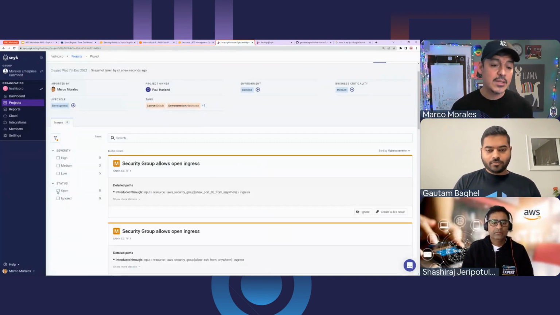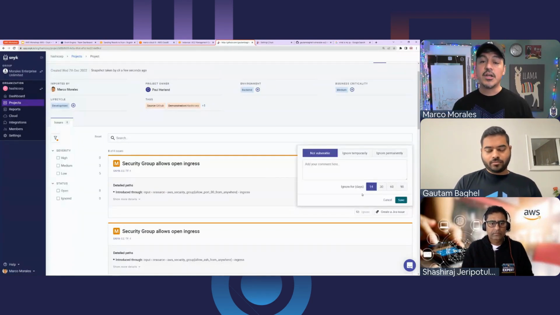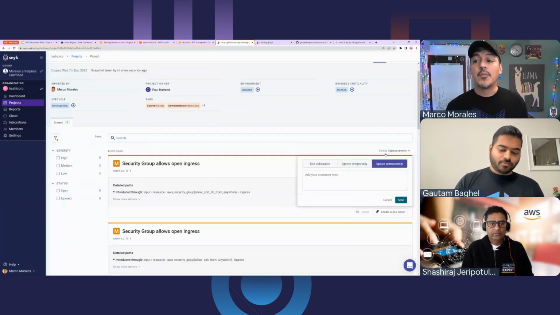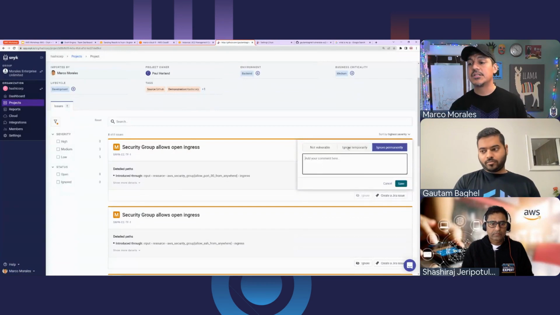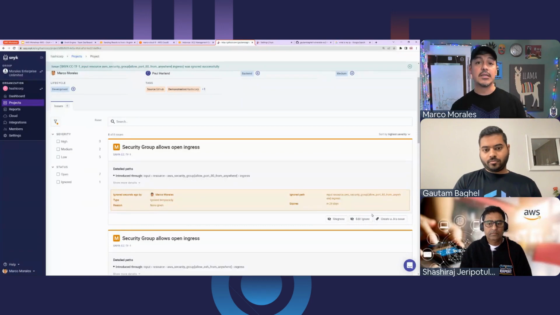So I unchecked it because I want to show you the experience of what it means. When I ignore, the options you have as a team are you can ignore it for just a few days, because it's not vulnerable, or you can ignore it permanently, or other combinations in between. These are all to match how you and your teams do your work. I decided to just ignore it temporarily for 30 days and just leave it alone. And this disappears from the list.